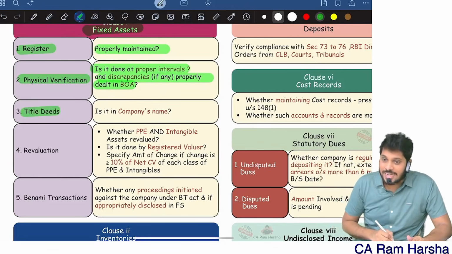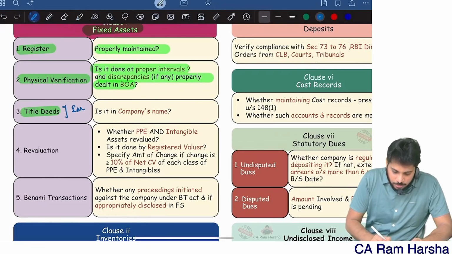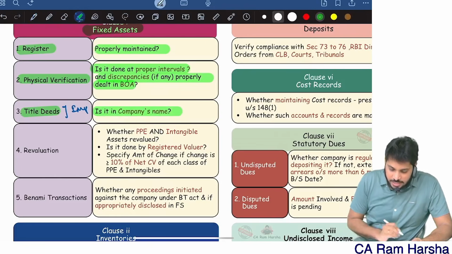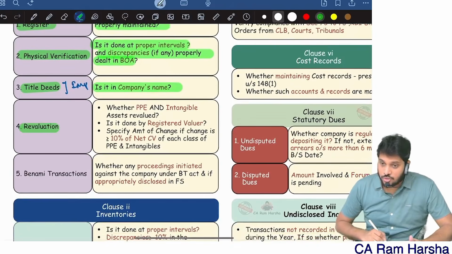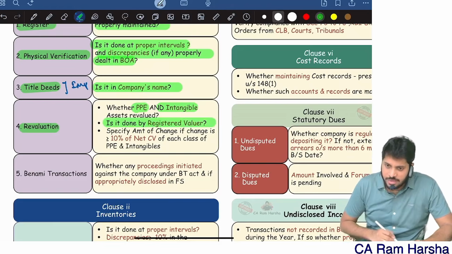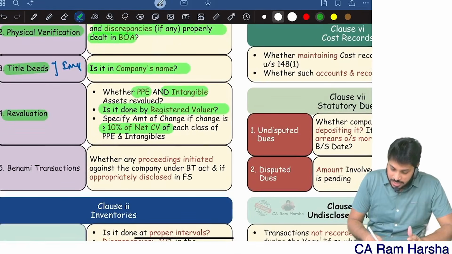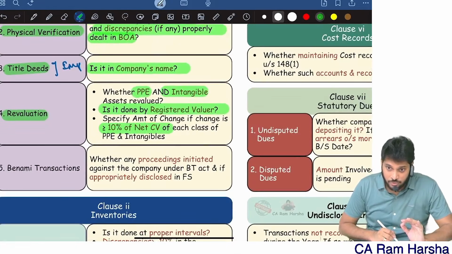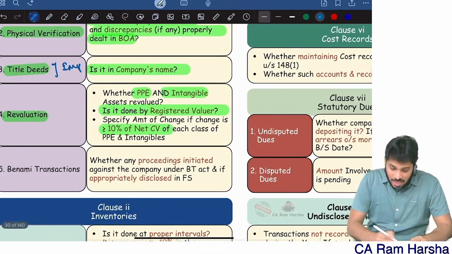Third issue, title deeds issue. That too with regard to immovable property. Whether title deeds of immovable property are in the name of the company or not. Next. Sometimes companies will go for revaluation of PPE and intangibles. Whether it is done by a registered valuer, check out. Suppose the change after and before revaluation is more than or equal to 10% in net carrying value of each class of asset.